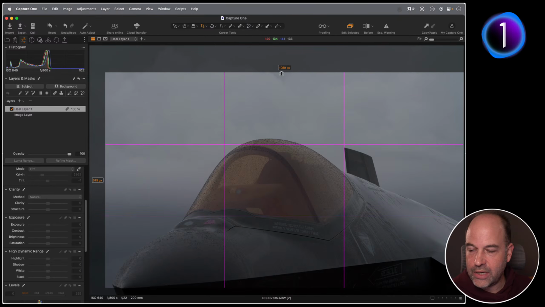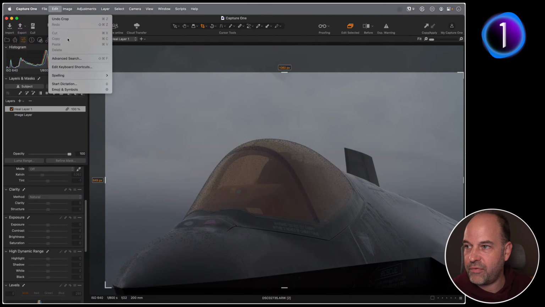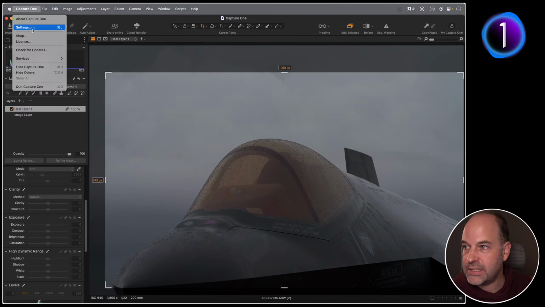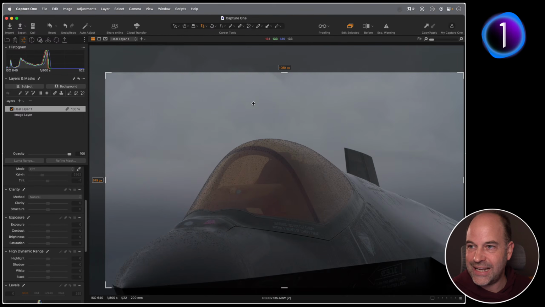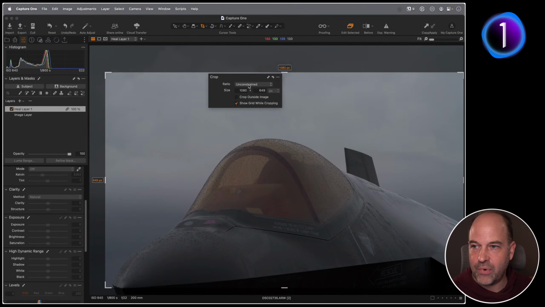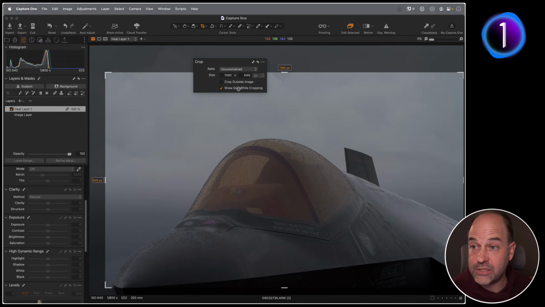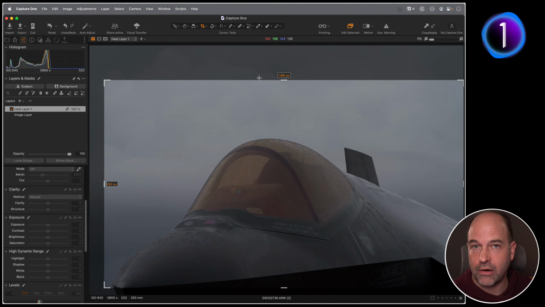Also, something else you might have discovered, and if you haven't found this preference and you've been a bit frustrated by it, in the crop section, you've got two different aspect ratio behaviors. So global aspect ratio and variant aspect ratio. I'm maybe a little bit weird in that I never tend to crop to specific aspect ratios. I'm always unconstrained. So if I set my ratio here, and all I'm doing is right clicking with the crop cursor tool, if I set my ratio to unconstrained, it's going to be the same on any image that I open up. And when I start to crop, it will just give me freehand cropping.